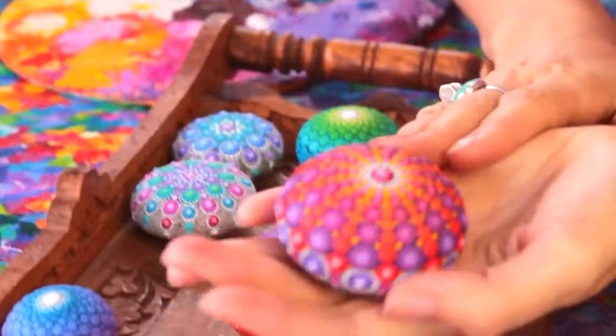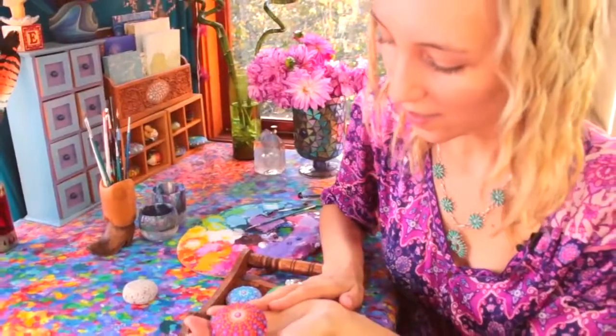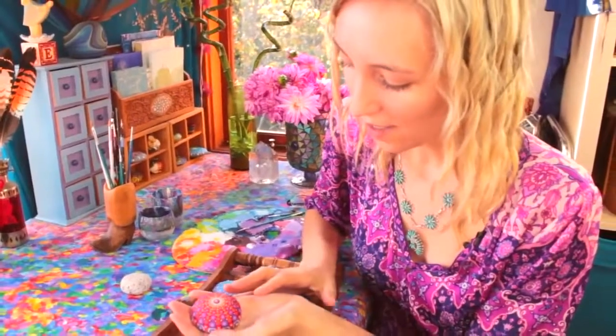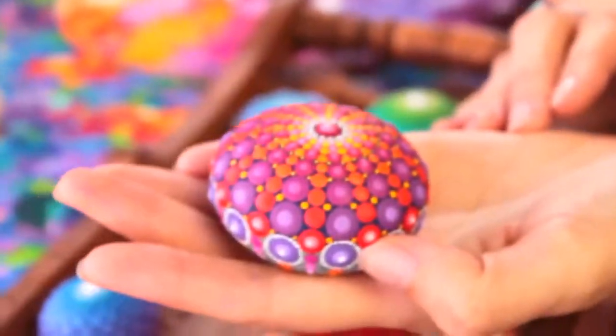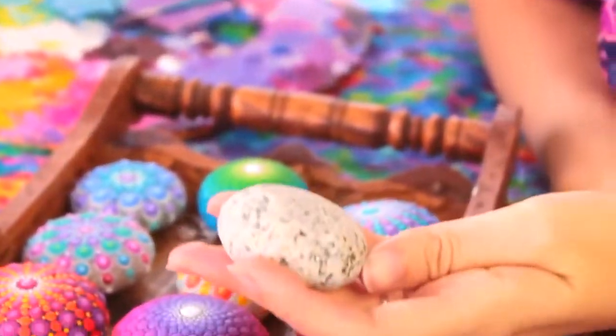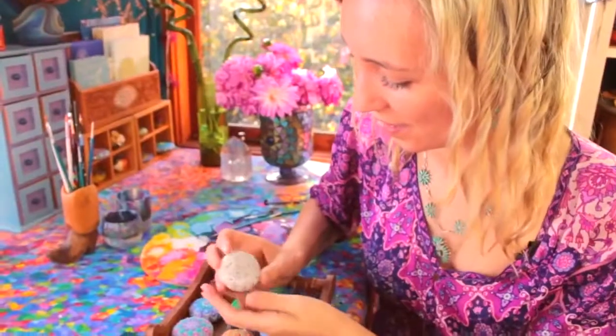I actually dreamt of this design one night when I was in New Zealand, and when I went and created it, I realised that it was just like the pattern of a sea urchin, so that's where that one got its name from. So with this stone that I've just chosen out of my little collection, as I hold it in my hand,